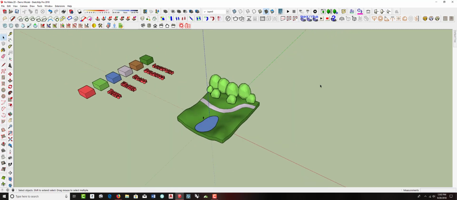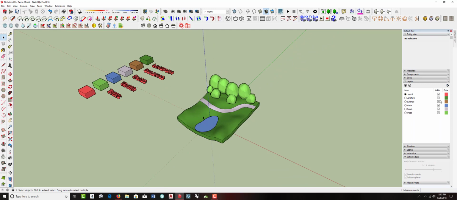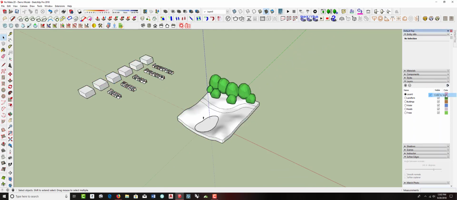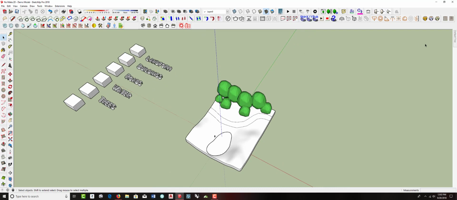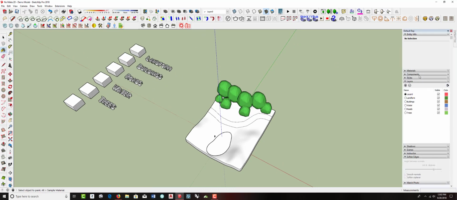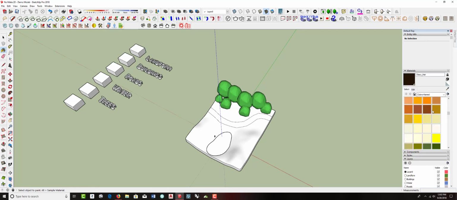Okay, so if you want to set that up, that's an easy way to do it, but I'll show you another workaround for right now. I'll turn that off so we can actually see the colors. So let's just start with landform. I'm going to grab the paint bucket and simply come over here, go to my materials tab, and start picking some colors. So landform,